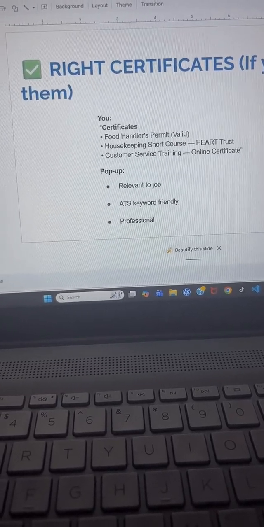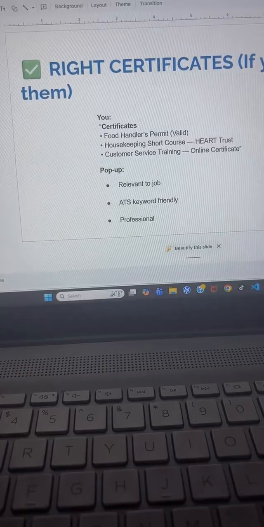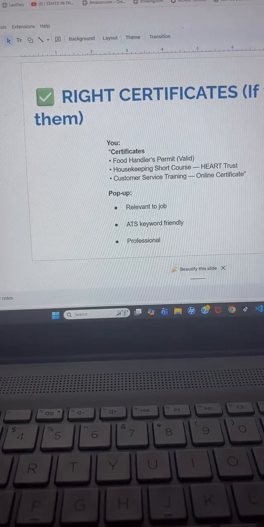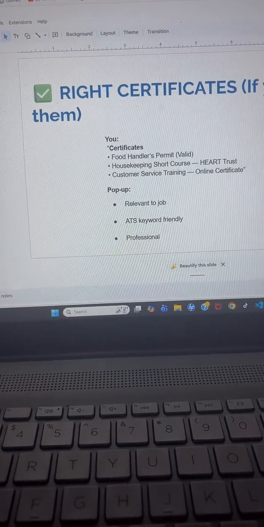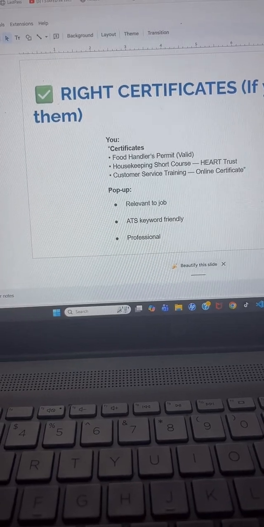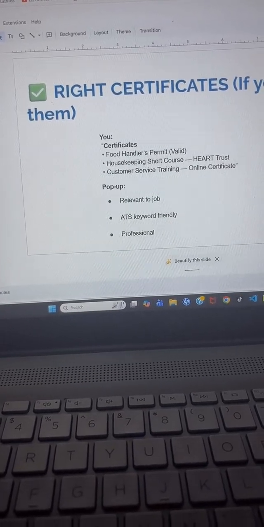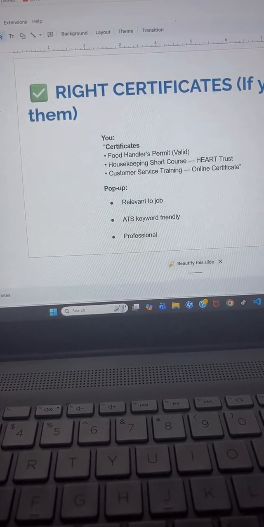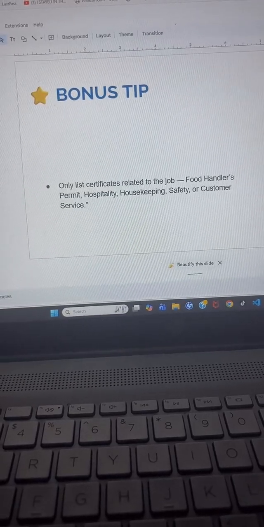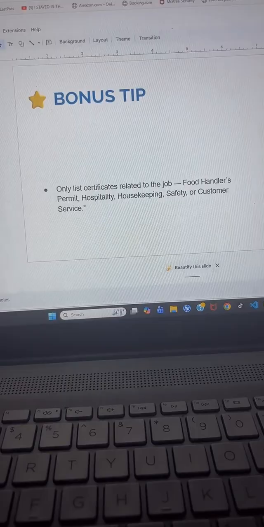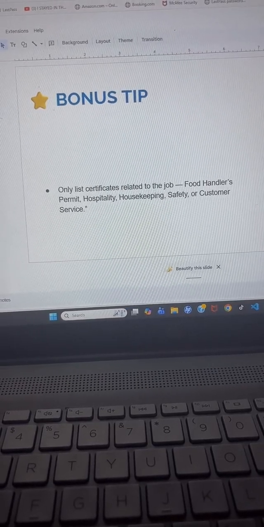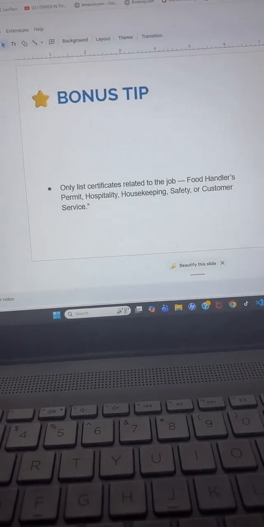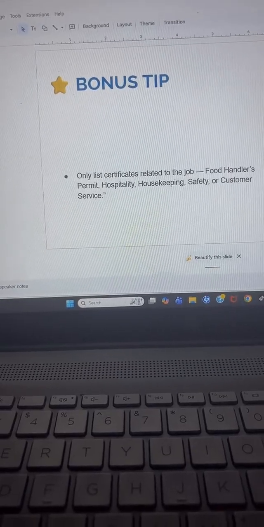So like I said, you can put the certification section on your resume as well. Ensure that the certificate matches the job position you're applying for. You don't have to necessarily have a certificate to be under the H2B visa program, but this will be like a bonus for you, but it is not a requirement. Alright, so only certificates related to the job. So for persons that cook, you can put your food certificate and so forth.